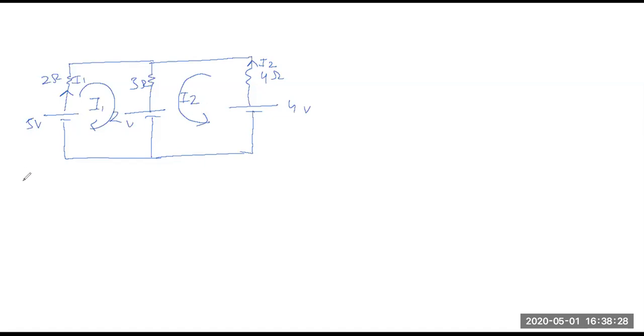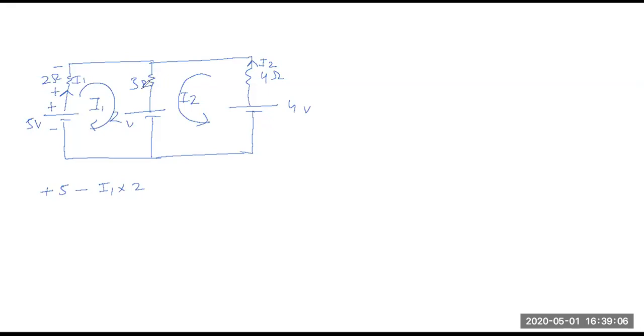Now I'll have to move in the direction of the loop and check whether potential is increasing or decreasing. So let's say I'm taking loop number 1. As I am moving in clockwise direction, I'll move from minus to plus in case of a battery, so I'll get plus 5. Now if I go to the resistance, I can see current is going from here to here, so it will be plus here and minus there. As I move in clockwise direction, I'm going from plus to minus, so I'll write down minus of I1 into 2. Then I move further, there is a wire, nothing to care about, right?